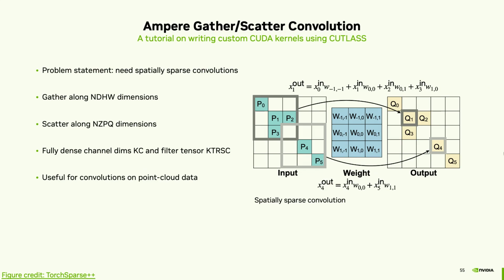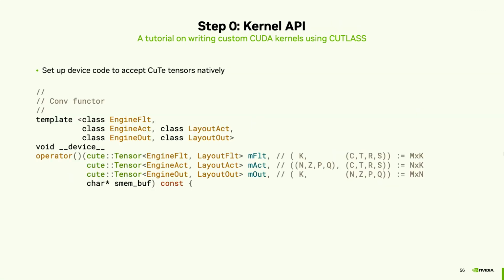What that means is I have NDHWs that are sparse, but given that there exists a voxel at that location, I have a dense channel vector. What I would like to do is run a gather-scatter GEMM, so I don't have to blow up my GPU memory usage and run out of memory. OK, then what I need to do is implement a gather-scatter convolution. How do I do that? That doesn't exist today off the shelf. Well, let's start by